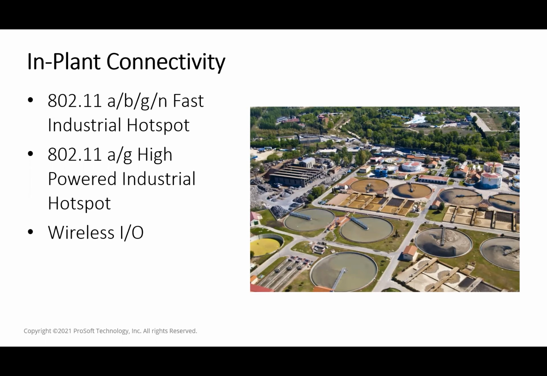But because they're in a smaller area, you don't need to use cellular communications or even wired, which can be pretty expensive if you're trying to connect all the different parts of the plant. You're looking for something that's reliable, effective, and always on. Industrial 802.11 is a great way to go, where you can connect these different parts of the plant and again bring all of that information back to a common top end.